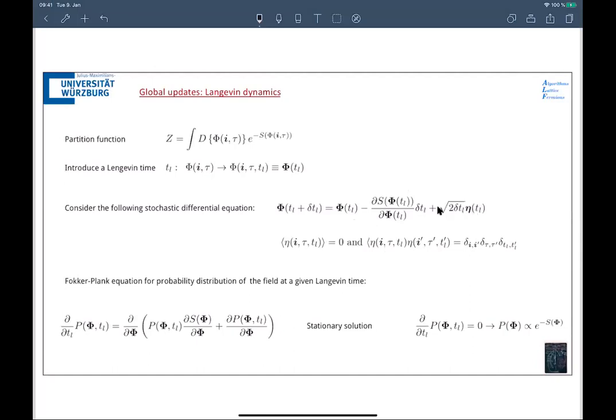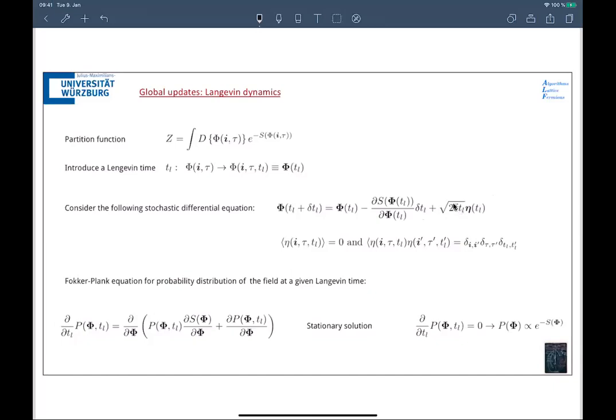You should notice that in the discretization of this stochastic differential equation, the force term comes linearly in delta t, but the noise comes as the square root of delta t_L. This means that if delta t is small, then the noise term will actually dominate, and it will be a rather noisy, random motion on short times. So why is this okay?